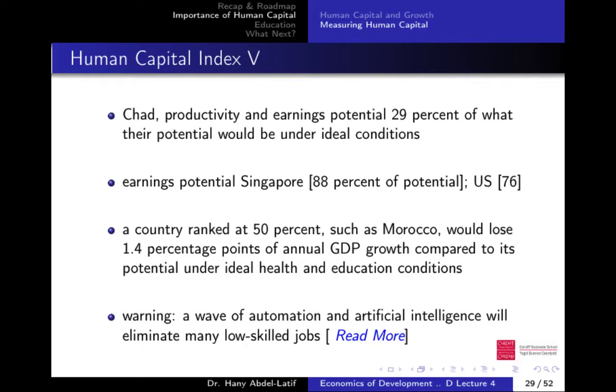And this means it will make it worse for countries like Chad, mainly African countries or low-income countries. So the reason why I'm showing you this is the most important thing. So to show you that human capital, if you just for a second,